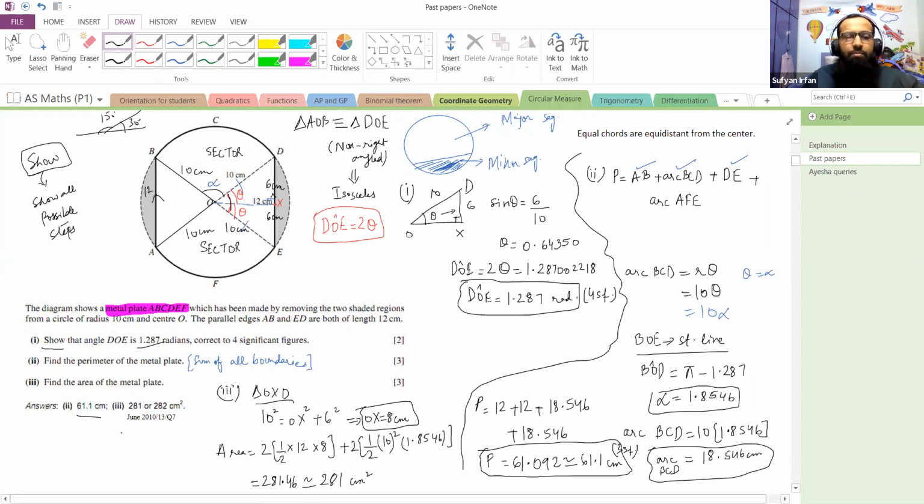The examiner is a bit lenient over here because the examiner has said that 281 is the answer, but someone who has given 282 is also acceptable. Because we have been using 5SF workings, and if someone has failed to do this, they might get 282 or 283 or 284. Many different answers would have been obtained because of the premature approximation that the examiner has said one should not follow. That is why the guidelines say to work in 5SF and give the final answer in 3SF. But over here 2 answers are acceptable. Any answer other than this will not be acceptable, and 1 mark for the final answer will be deducted.